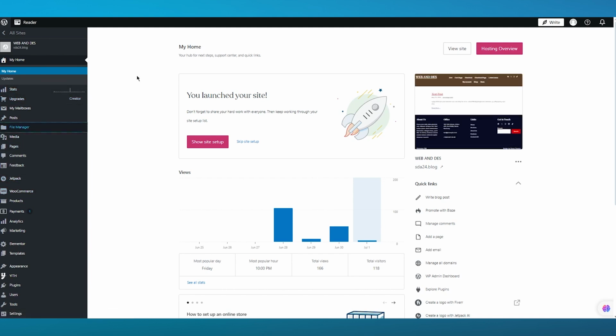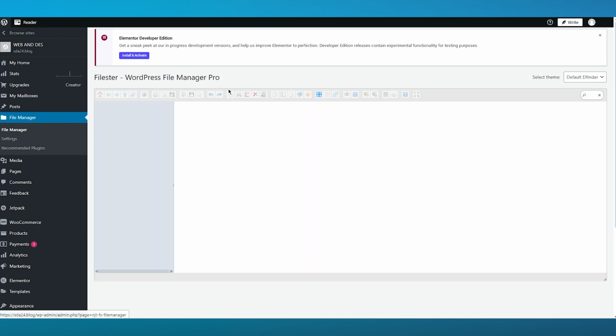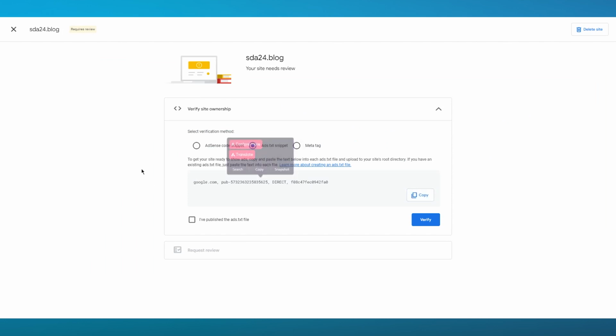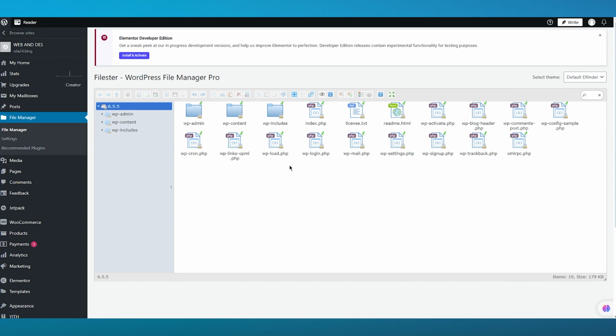which is FileStir. Once you go over to your FileStir section, what you are simply going to be doing is, again, come over to this file. Once you come over to this file, you're going to reload things in, and once you reload things in, just add your TXT file as you please. Okay. After adding that file, you can simply edit the permissions and add this TXT code into your file for txt, and that should set you up with the main code snippet for your Ads.txt straight into your WordPress, and that is how you're going to connect your AdSense to your WordPress